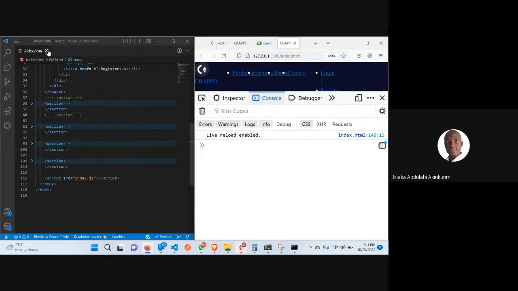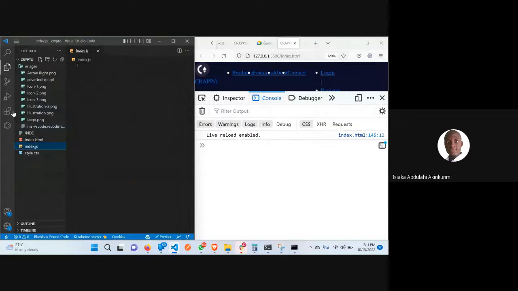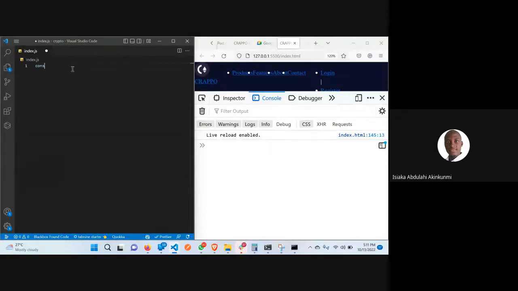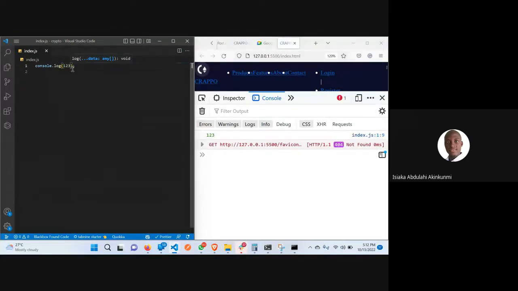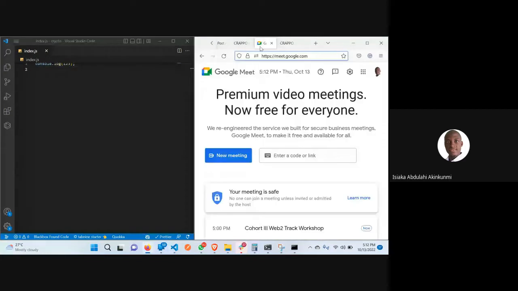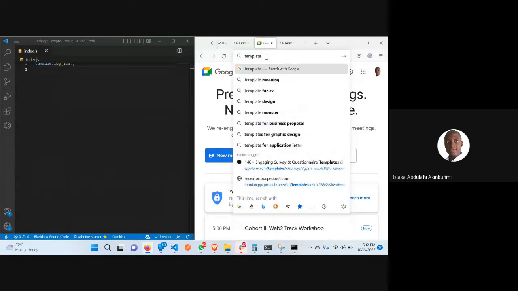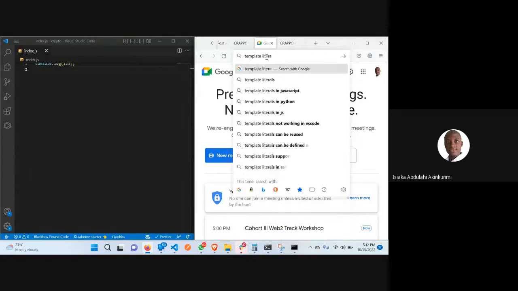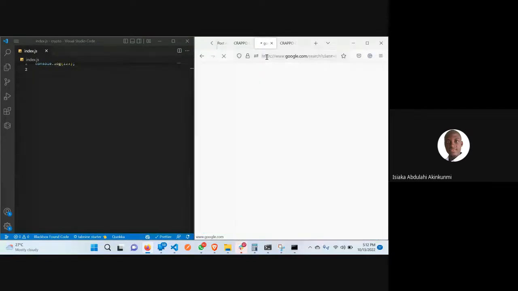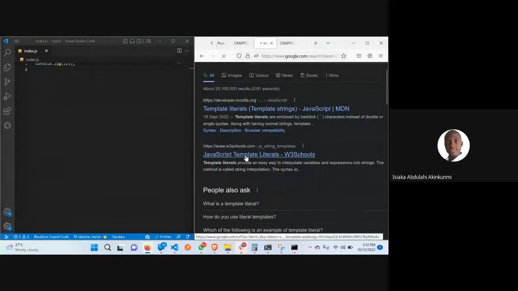Let me open my server now and see if it's working. Please just press the console to log. If I save this now, okay. So now I want to talk about the template feature, an additional way of writing